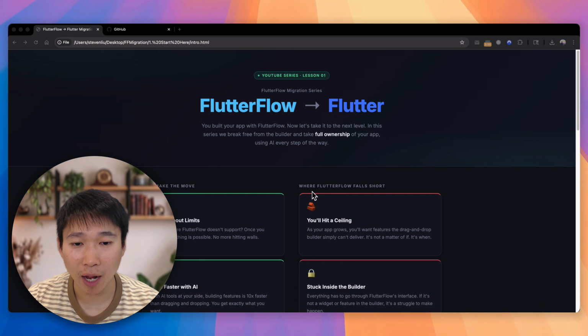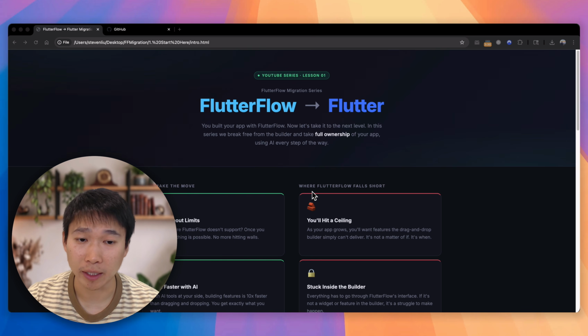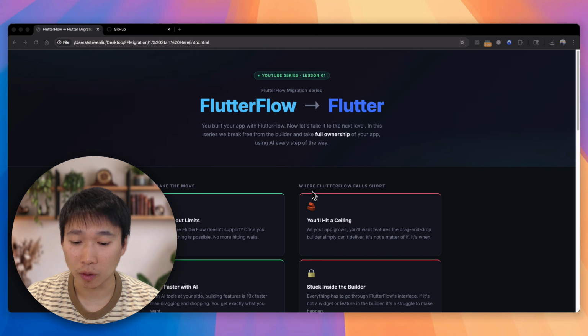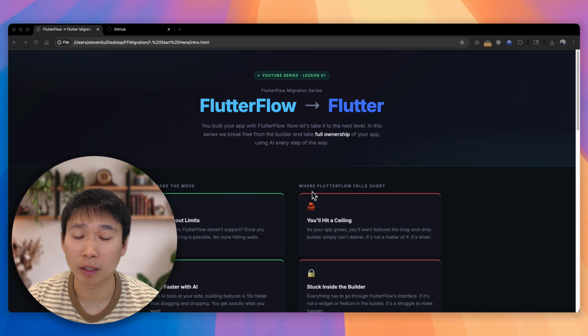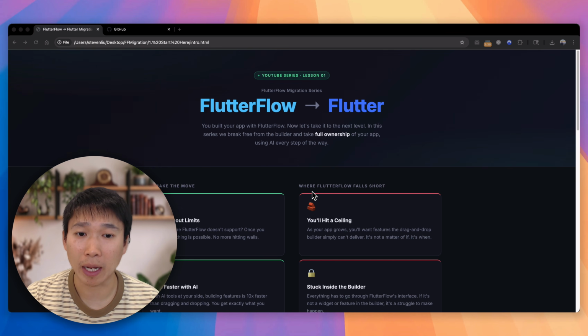In today's video, I'm gonna start a new series where we'll be migrating away from FlutterFlow into pure Flutter code. It is possibly a new direction for my channel as well, using AI to build apps. This is because AI has improved significantly in the last 2 years. And now a visual development tool like FlutterFlow is no longer the best and fastest way to build a production app. FlutterFlow was great 2 years ago, but because AI has grown so much, I truly believe the future is in agentic coding. This is simply a higher level of abstraction in coding moving forward.